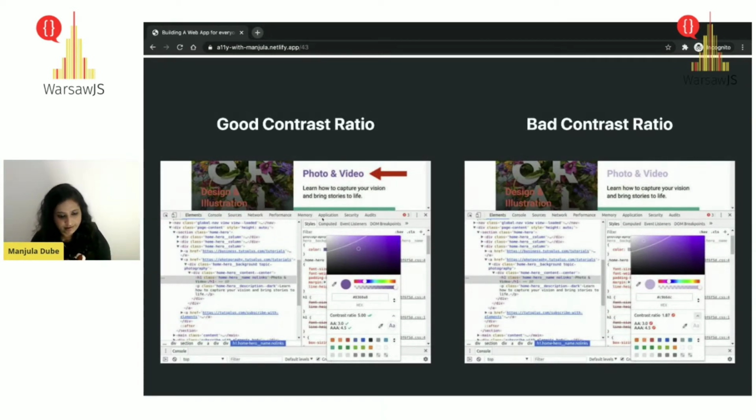If you see here on the left-hand side, it says good contrast ratio, and on the right-hand side it says bad contrast ratio, which means the DevTools actually give us a way to check whether it is following AA compliance or not. On the left-hand side you have AA compliance, which shows a green tick, but on the right-hand side it doesn't comply because the contrast ratio is 1.87. You need to work more on it to make the contrast ratio better.